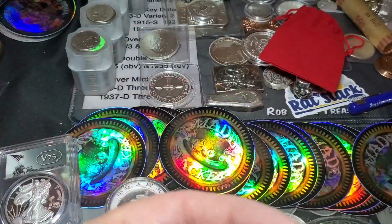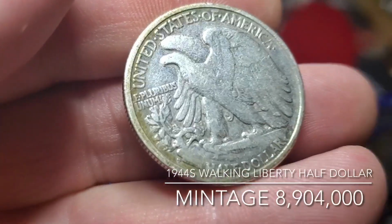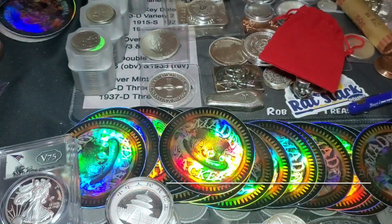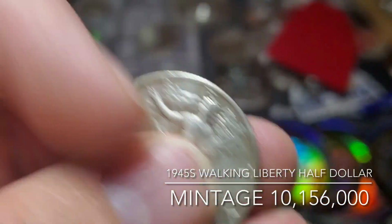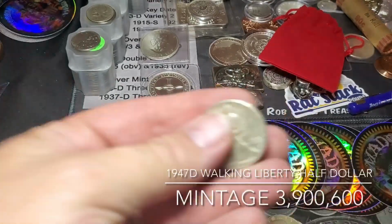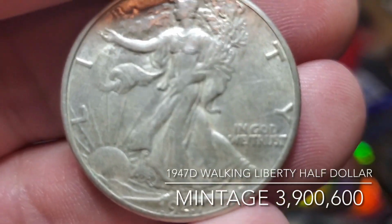$704,135,528. All right, moving on. I got a 1944 S Walking Liberty half dollar. There were 8,904,000 of those made. I got a 1945, also an S. There were 10,156,000 of those made. Then I got a 1947 D,